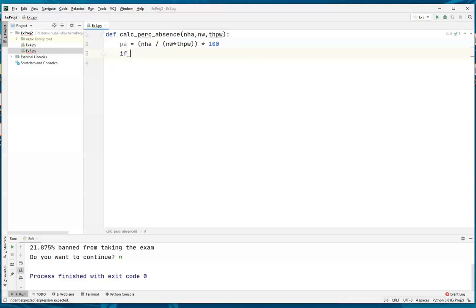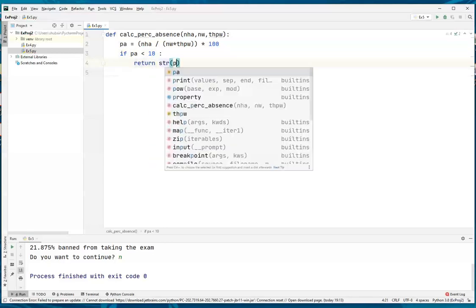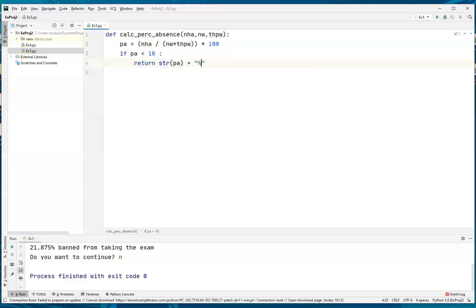So if the PA, the percentage of absence, is less than 10, this is the first case, I will only return the string of PA plus percentage, so I return to the caller only the value of the percentage of absence without any message. Now the second case, else if PA is greater than 20, in this case I will return the str of PA plus percentage